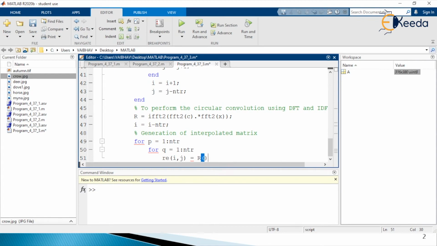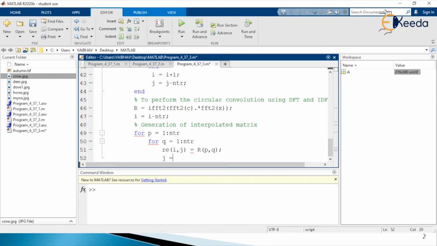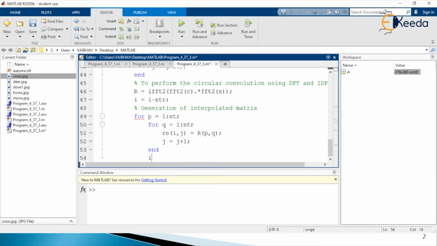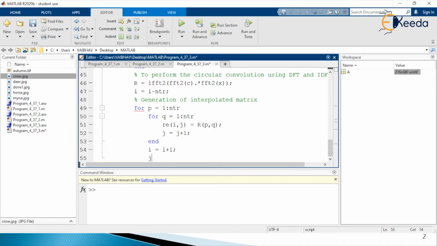Ending with the help of semicolon, let us increment the value of small j. So j is equal to j plus 1. Then using the end keyword, let us increment the value of small i by 1 in each and every iteration, and j is equal to j minus ntr, and ending this outside for loop as well.